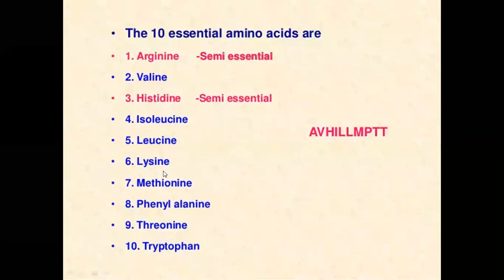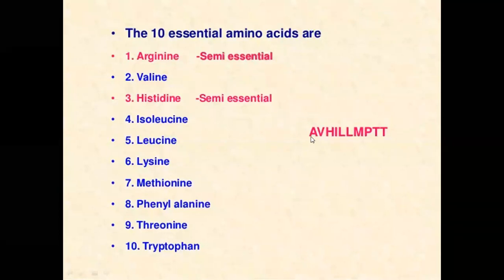ये सभी 10 जो एग्जाम्पल्स है, ये देखो यहाँ पे शॉर्ट फॉर्म में लिखे हुए हैं, ठीक है। आप लोग ध्यान में रखने के लिए ऐसे टेक्निक्स या फिर ट्रिक्स यूज कर सकते हो। These are the 10 essential amino acids, that is arginine, valine, histidine, isoleucine, leucine, lysine, methionine, phenylalanine, threonine, and tryptophan. ठीक है, so this is an abbreviation or a trick to memorize the 10 essential amino acids. यहाँ पे एक ट्रिक दी है उन लोगों ने कि 10 essential amino acids को हम लोग कैसे ध्यान में रख सकते हैं, ठीक है।